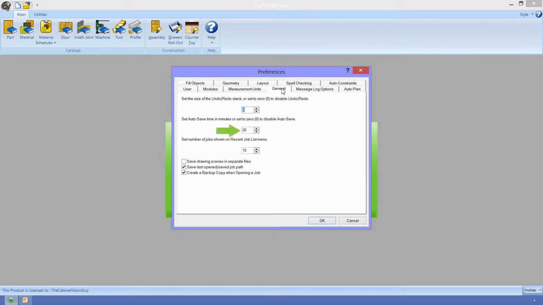Our next option is to set the time in minutes between each autosave action. Again, I'm using defaults, so for every 20 minutes of work I perform, Cabinet Vision will create an autosave file, overriding any older ones, with whatever my new information is. This is a precautionary setting. Should anything go wrong, like the computer breaks, the power goes out, or whatever, I should only lose 20 minutes